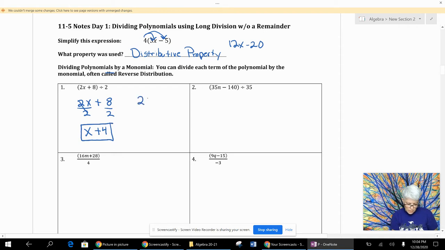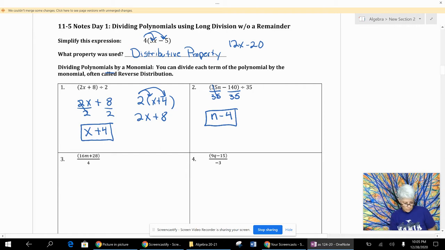And if I worked it back the other way, if I took my answer and what I divided by and worked it out, you could see I would be doing the distributive property, and I end up with the same answer. So you can always check your work also. Next one, I'm going to write the 35 underneath both terms in this binomial. So the 35s here are going to cancel out, and 35 goes into 14 4 times,